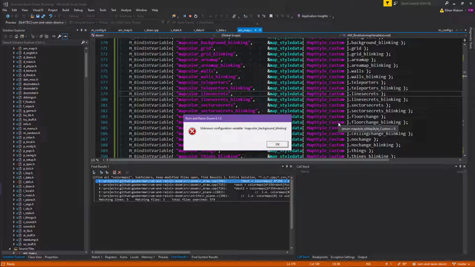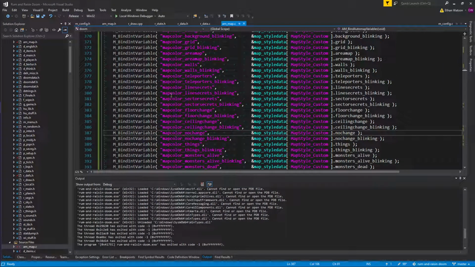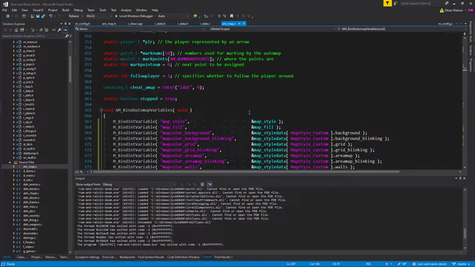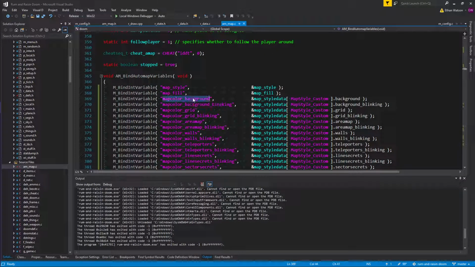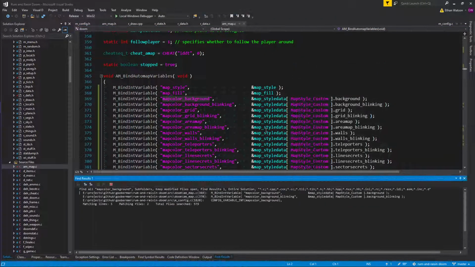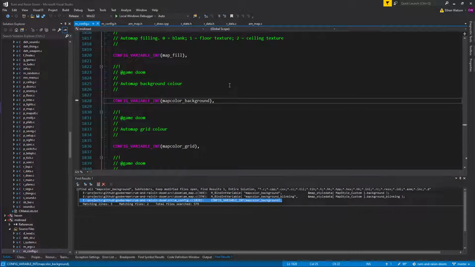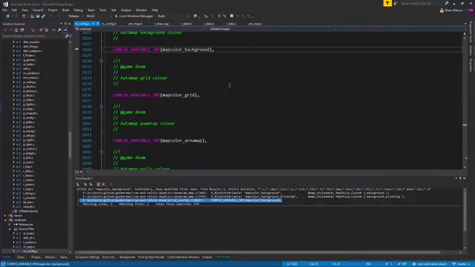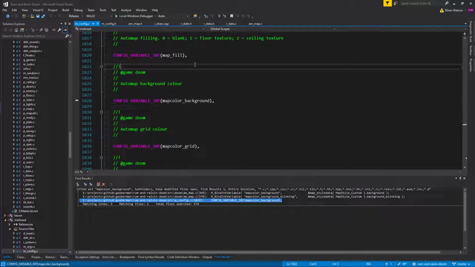Unknown configuration variable, map, color, background, blinking. So this is a Chocolate Doom thing. You can't just add a variable like that. It needs to know about it in its definitions file, which is in mconfig. So as you can see, there's going to be a lot. So we need to do